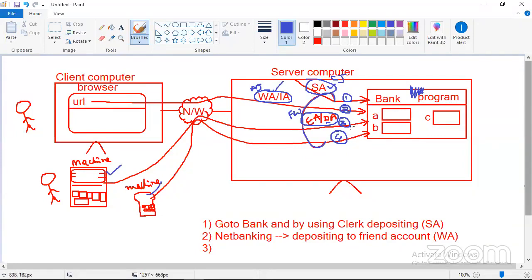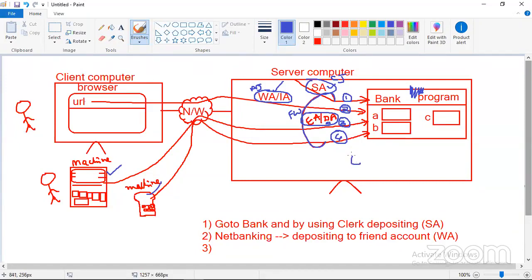Web application. An application that can be accessible from anywhere, that's the meaning of distributed. Anywhere it can be accessible, then we call it an enterprise application or distributed application. Got clarity?